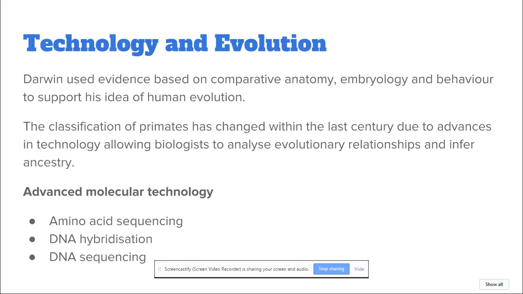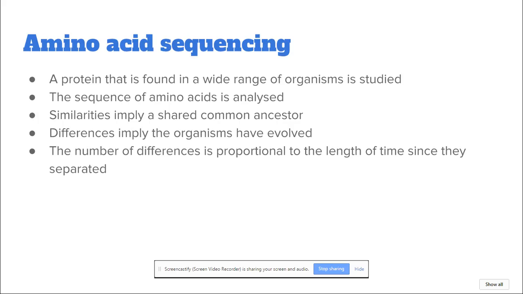And biologists have now been able to analyze some evolutionary relationships and infer different ancestry, which we once thought and maybe which Darwin first proposed. And we're going to be looking at the three techniques which we discussed in video 4: amino acid sequencing, DNA hybridization, and DNA sequencing. The first is amino acid sequencing, and amino acids make up proteins. When